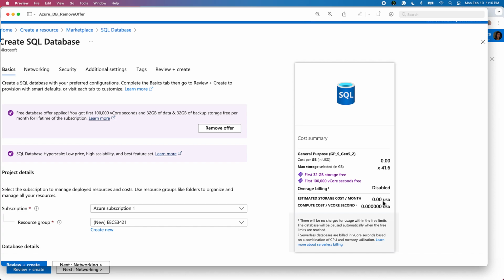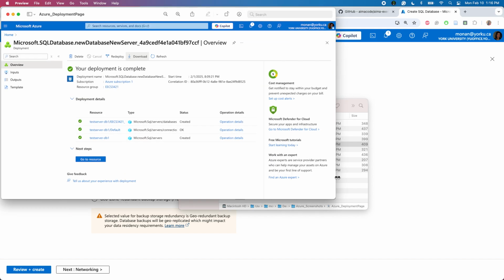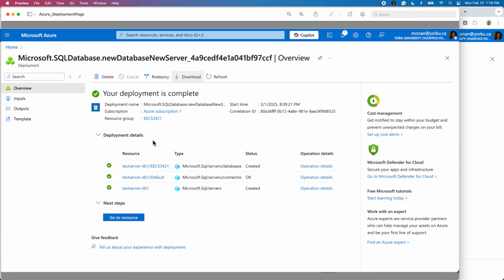$0 here. When it's $0, you just click on create, review, and create. And then you will be redirected to a page like this, okay? And then it takes a few minutes until you see this message that your deployment is complete. And at this time, you can, whenever you just log into